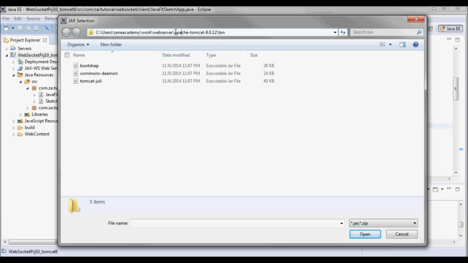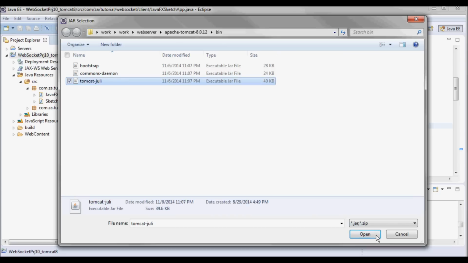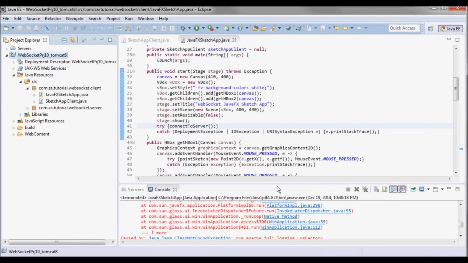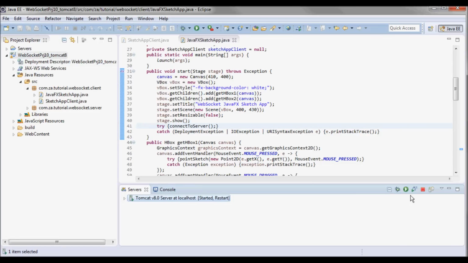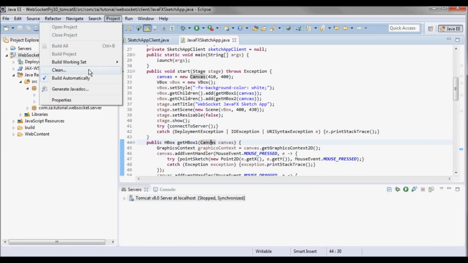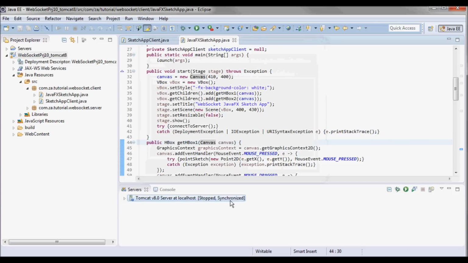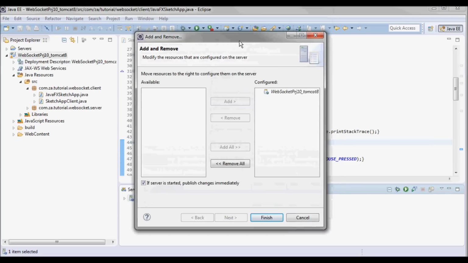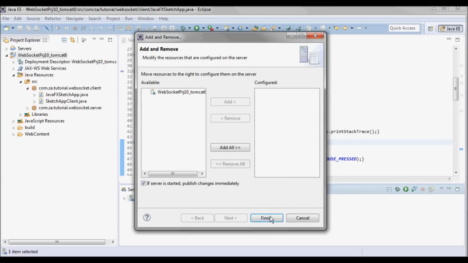This is where I have my web server, the bin directory, and let's do OK. And stop the server. And add and remove. Remove it and re-add it.